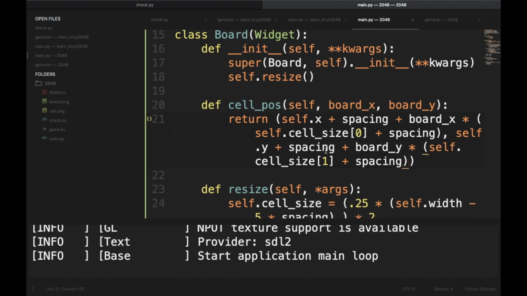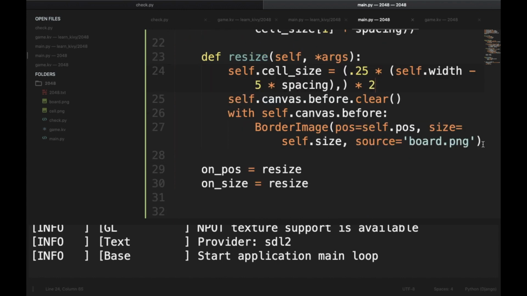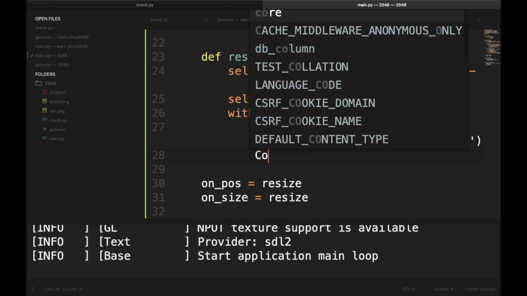So what we are doing here is we are taking the x and y coordinate of the board itself, then we are adding the spacing to it, and thereafter we are using board x and board y, which would be generated by our all cells generator and would be 0 0 for the first cell and so on, and multiplying it with the cell size and the spacing, and then adding all this will give us the exact xy position of each cell. And now moving back to the resize function, here we will say color